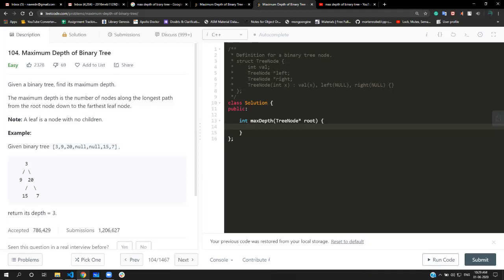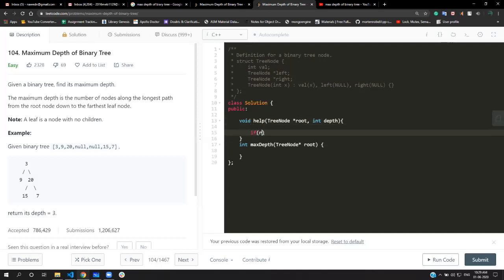Okay, so let's create a helper function that will help us do the same thing that we are talking about. Let's create a tree node here. It will accept a root value, and let's say this is the depth value that we want to keep in check every time we go to the left or to the right.